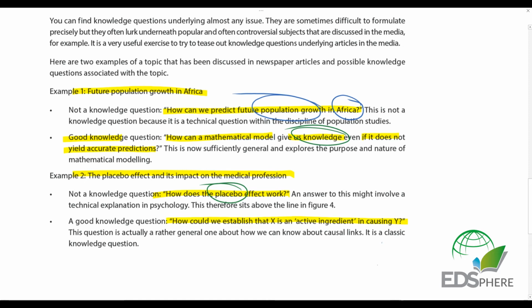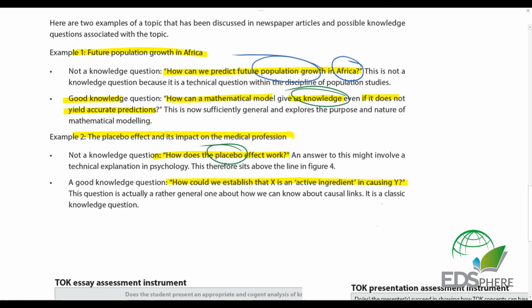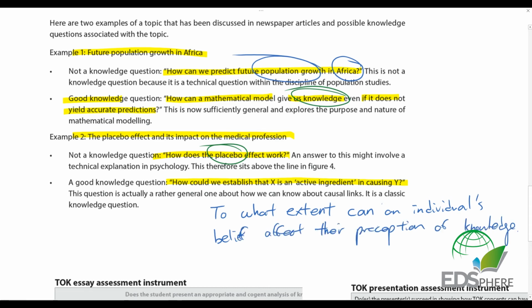Do I agree with this knowledge question? Well, I don't. I simply think that even though this question is stated in the IBO guide, I feel that it's too vague. Because it could be just like any question, technically. And the idea of X and Y makes it slightly confusing. So I've made my own little version. Sometimes, what you could actually do is to start with the words 'to what extent'. This ensures you are able to argue from many perspectives. So, to what extent can